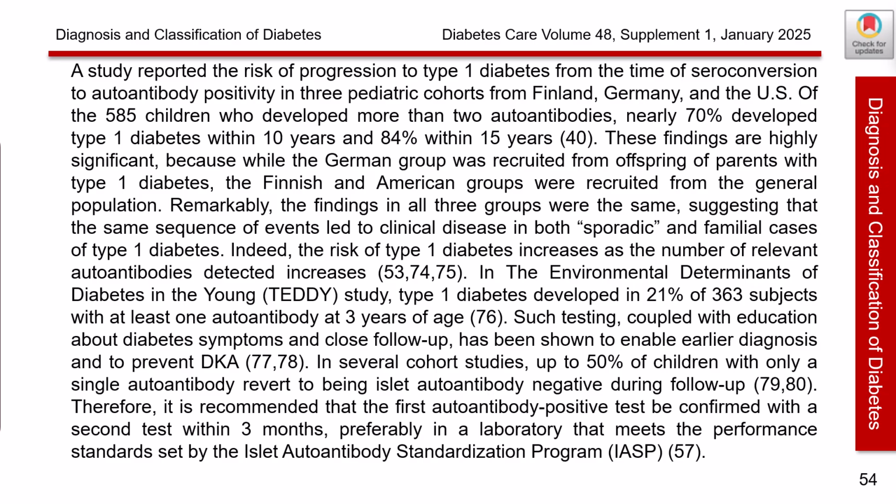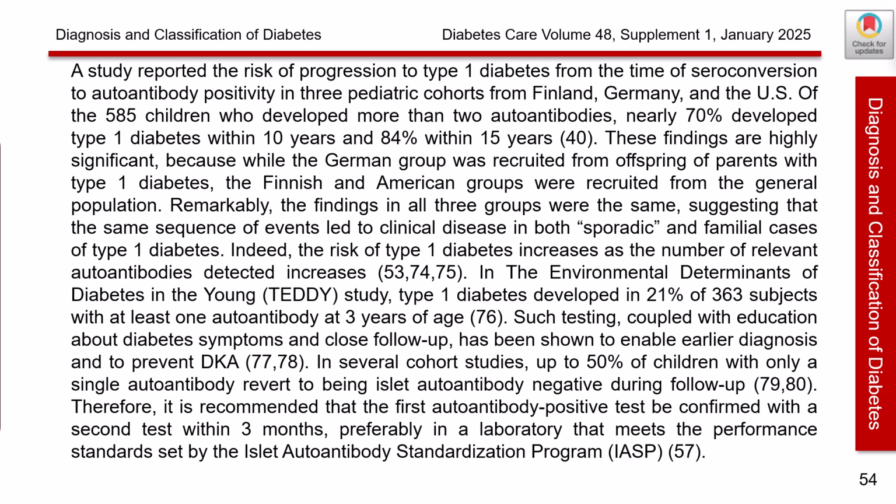Indeed, the risk of type 1 diabetes increases as the number of relevant autoantibodies detected increases. In the Environmental Determinants of Diabetes in the Young, TEDDY, study, type 1 diabetes developed in 21% of 363 subjects with at least 1 autoantibody at 3 years of age. Such testing, coupled with education about diabetes symptoms and close follow-up, has been shown to enable earlier diagnosis and to